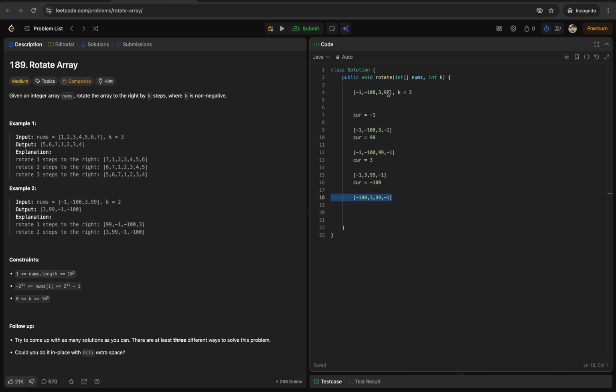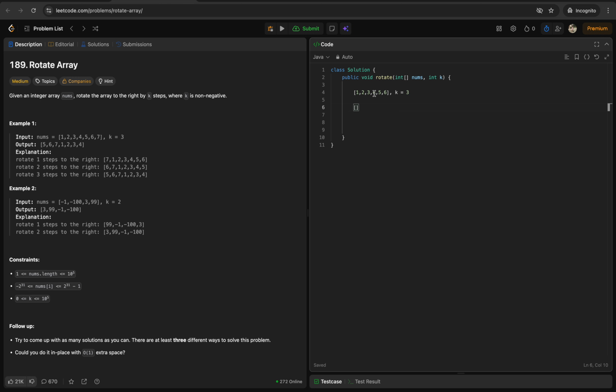So this will work if k is odd. This will work only if k is odd in all cases. Right, what if, let me try one more thing. So what if we have this and let's decrease the size. So what if we have 6 and k is 3, then it will become, once we keep doing this,